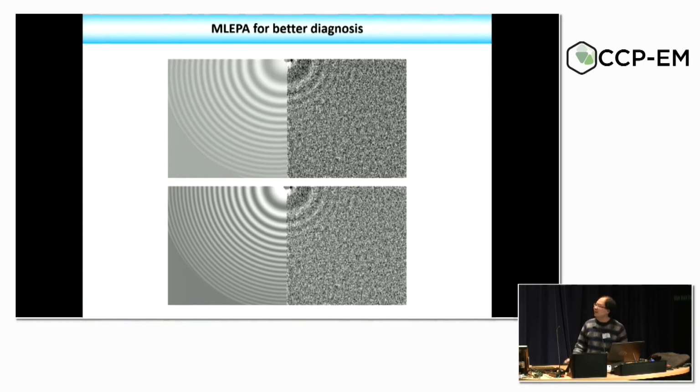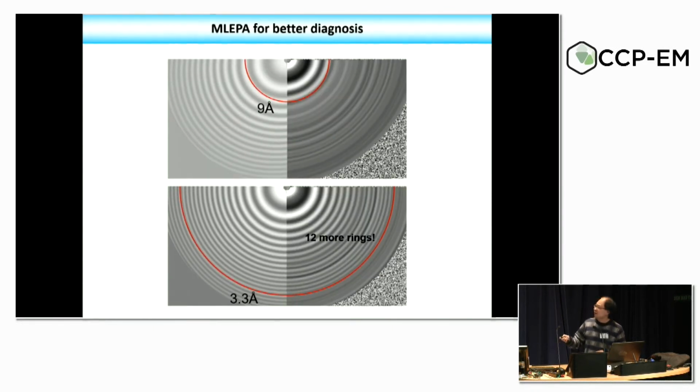Probably not so easy, but I will tell you. The bottom one is the correct one, and the above one, the result, is horrible. You can see the estimation ends up at around 9 angstrom resolution, and in the other you see 12 Moiré tone rings, and you can't see this from the original power spectrum. This doesn't mean that there's no signal. It's just that the signal is so weak that you can't see it clearly by eye. After the maximum likelihood equal phase average, you see the rings clearly, and also you can judge which is correct,